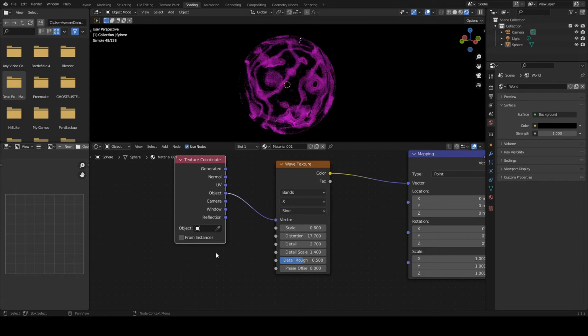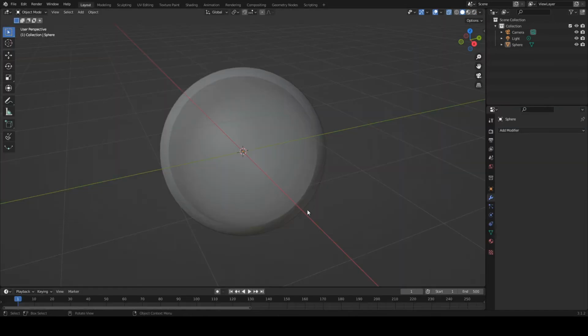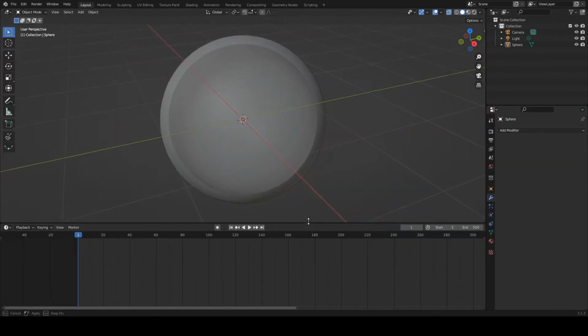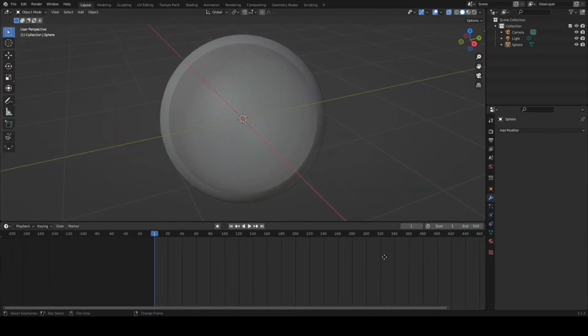So we are setting this phase offset dependent to a value, and we are driving this value by our current frame. So if you remember, we have an animation defined by 500 frames, and